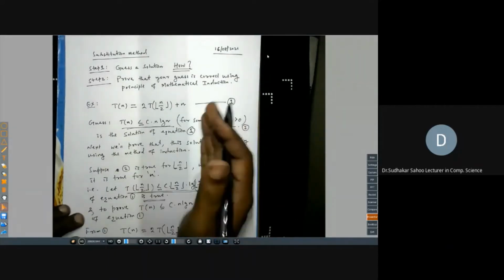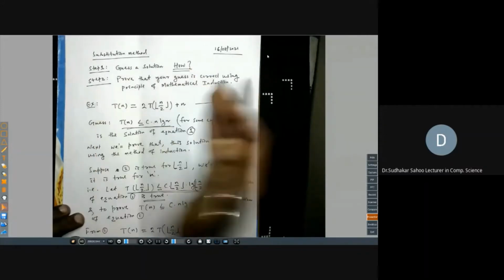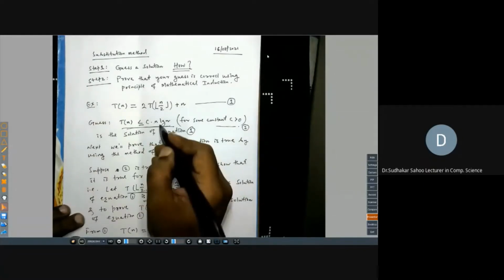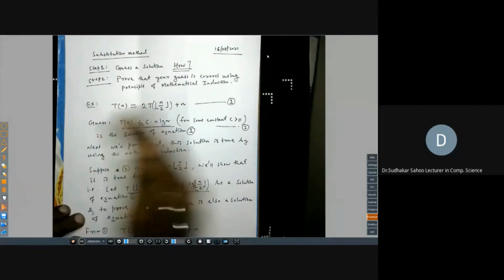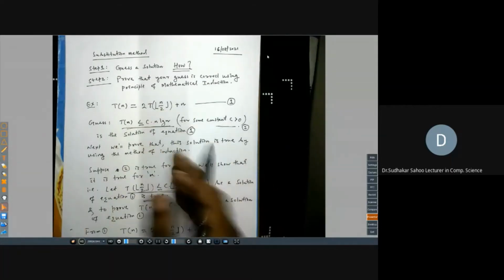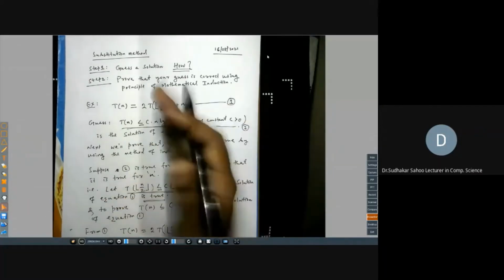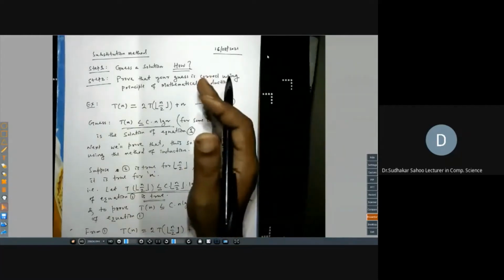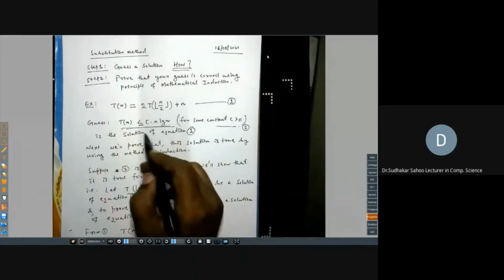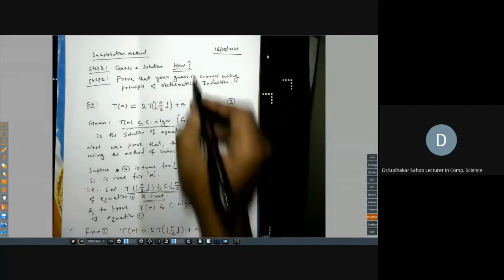Now suppose you have proved that it is big O of n square. Then again try something less than that, n log n. If it also satisfies n log n, then can it be order of n, which is less than n log n? That way, one can experiment by giving different guesses. If you start with big O of n square, you can make another effort: can you reduce it to n log n, because it is now valid for n log n? So that is one way.